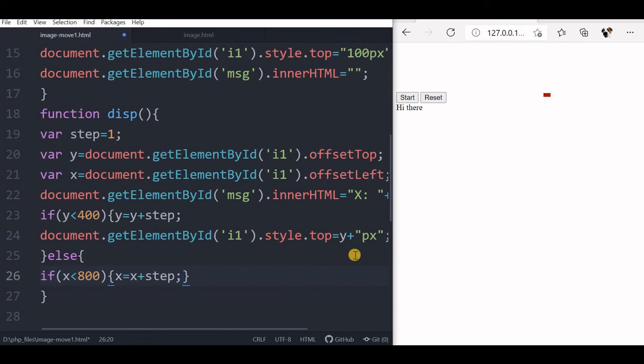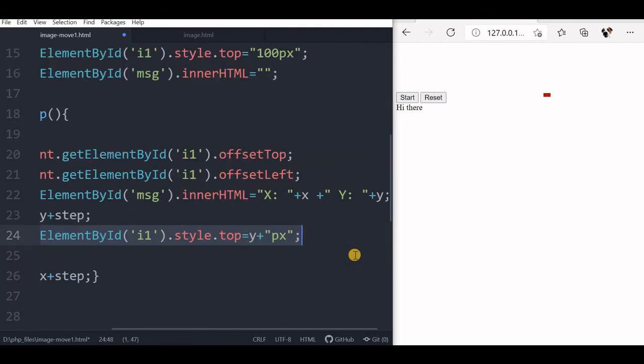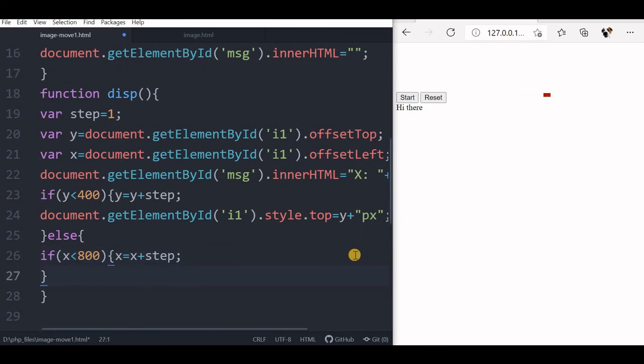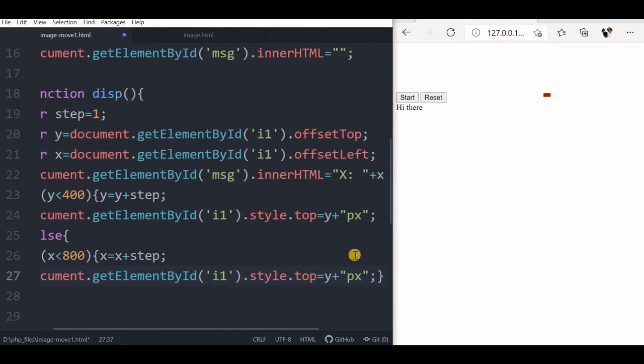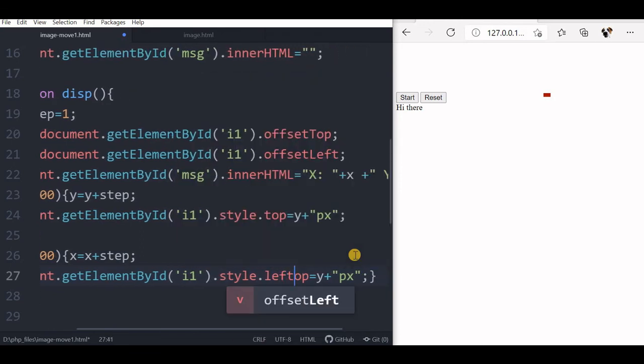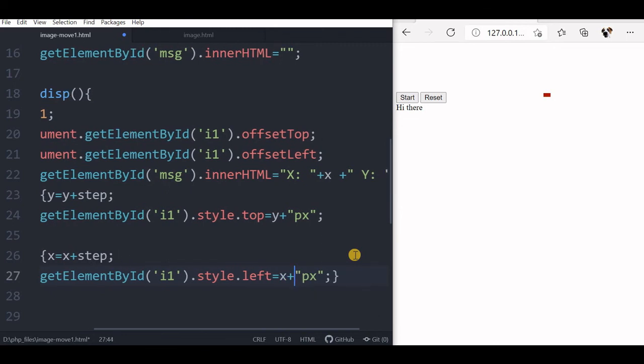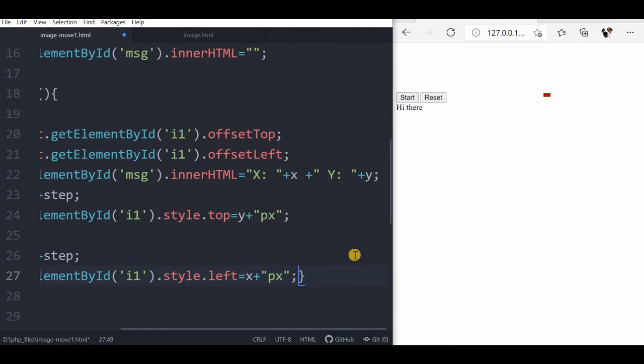You can change it to any value. So instead of writing all the code, let me just copy this up to this, put it inside this if and paste it here. But this time it is not style top, it is the left movement, x, I will write it. So that's all I'm having.